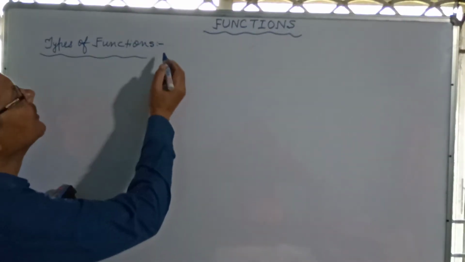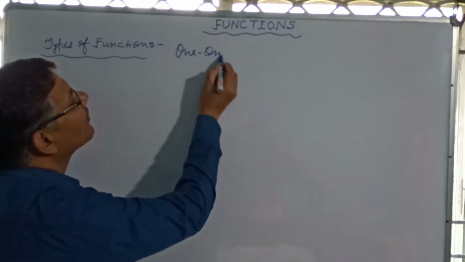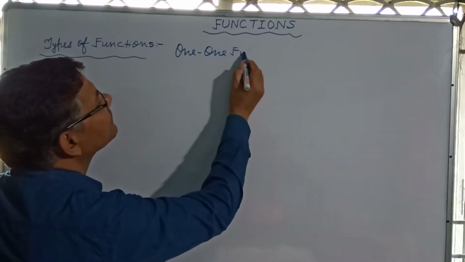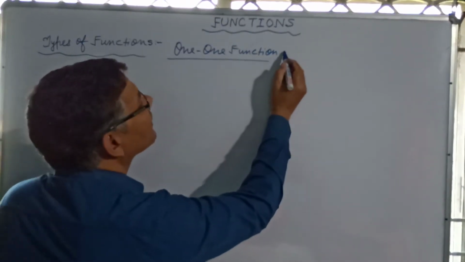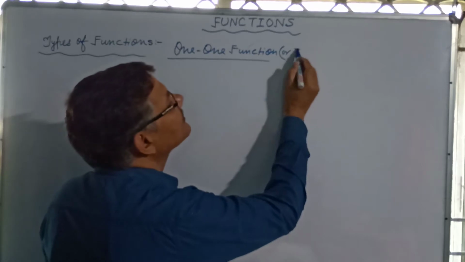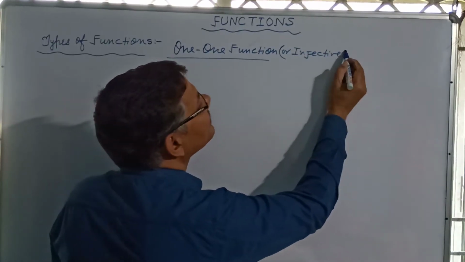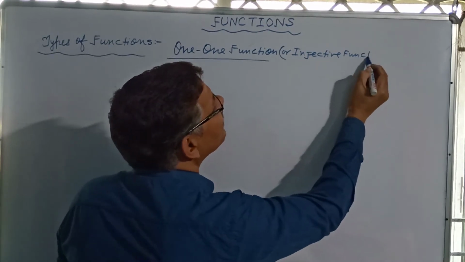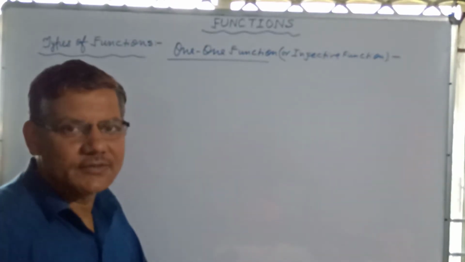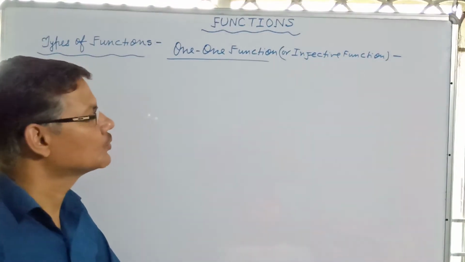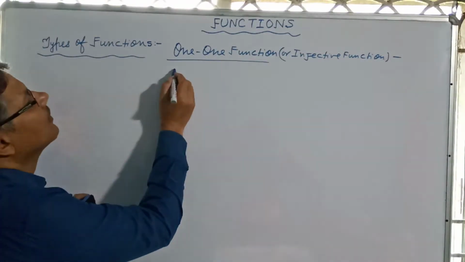In types we have to deal with one-one function. What? One-one function, or it is also called injective function, or we can say only injection. So what type of functions are called one-one functions? We start: a function